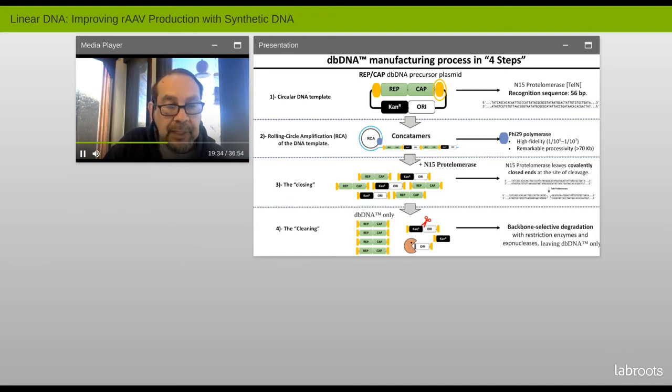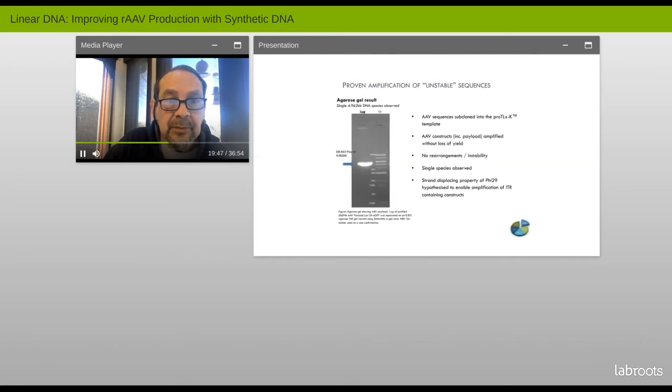And then if you advance, you can see where by a cleaning up technology, one can remove the plasmid sequences by DNA degradation. And as a result, if you go to the next slide, you see there's a very strong product being generated as illustrated on an agarose gel. This product is the AAV molecule with closed ends and completely absent of any of the bacterial sequences. Now, the power of this is that all of it's done in a test tube, and there's no bioreactors or contamination with a plasmid at any level.